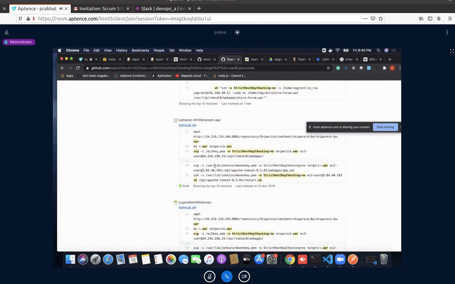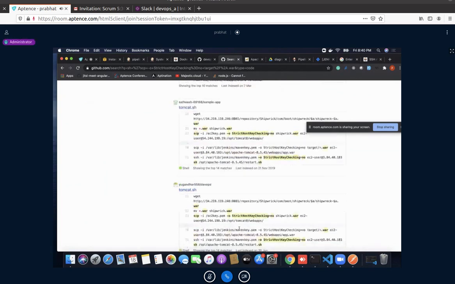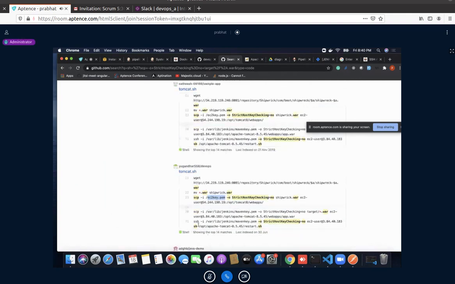See, somebody has already used this method, they have kept this PEM file here. That can also be done. So we'll see whether this method is working or not. See here, somebody has done this method.